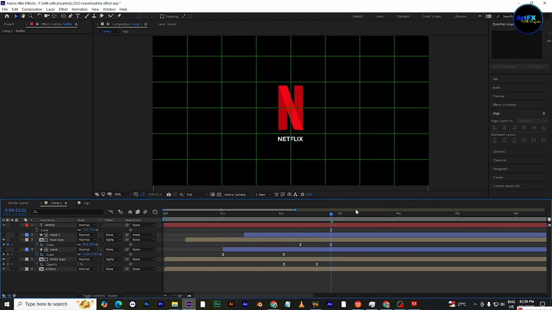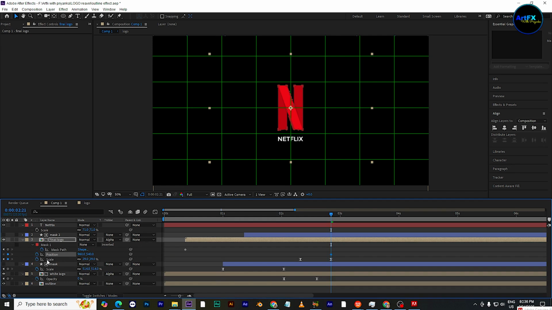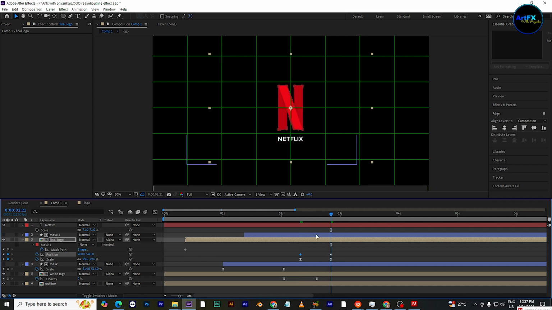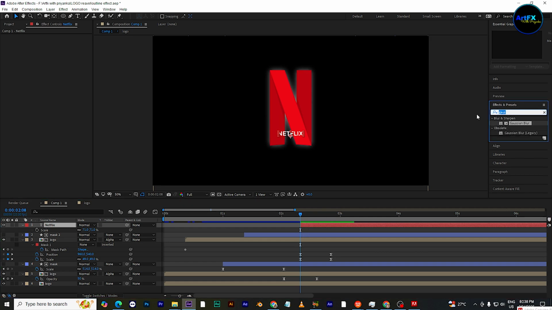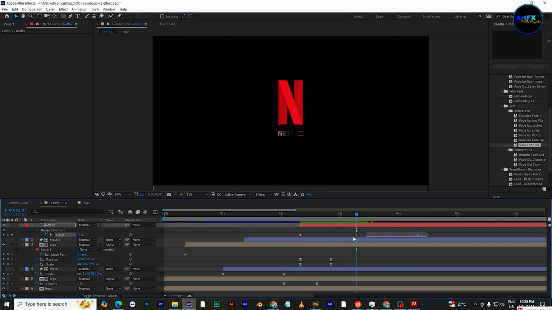So to fix the problem, we will select the final logo and press P and add a keyframe on the position. Press U. Make sure that your scale and position keyframes are both aligned. That is the starting position, and for the end position we will change the value a little bit. Our text will appear around here. So at this position we will add a fade on effect. Press U, select both the keyframes, press F9 and move the end keyframes. And the animation is ready.